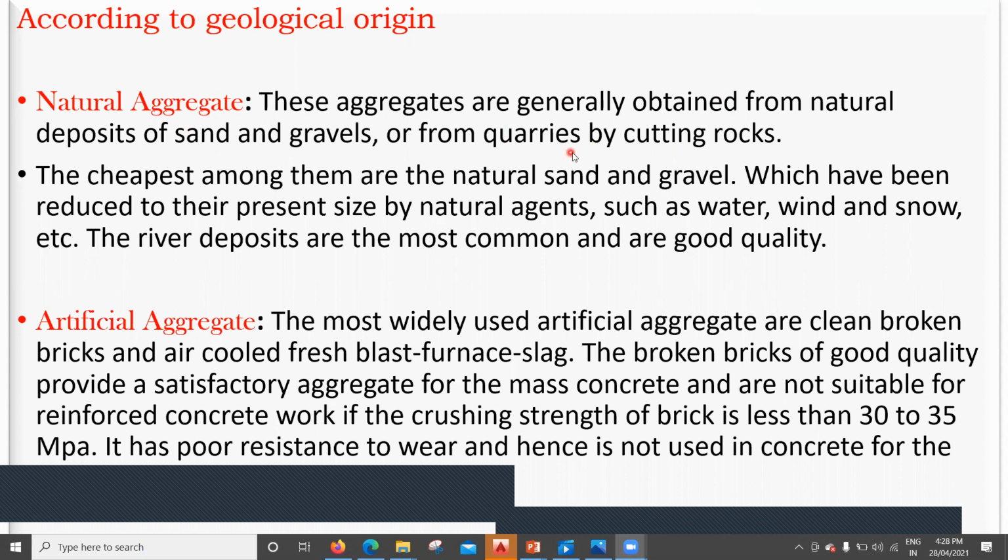So what are quarries? Quarries are the places where you get all these stones, right? The laterite stone, the limestone and all, whatever you get from quarries. With the help of blasting activity, we get all these rocks from there, because it is naturally available in our environment. That is why it is called natural aggregate. But the thing is, it's available in bigger sizes, so we have to do the blasting and then break them into smaller pieces.